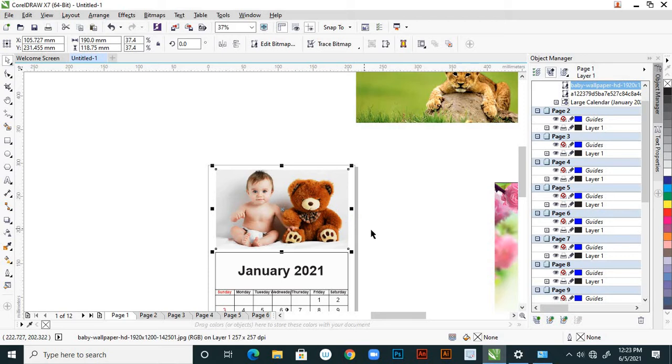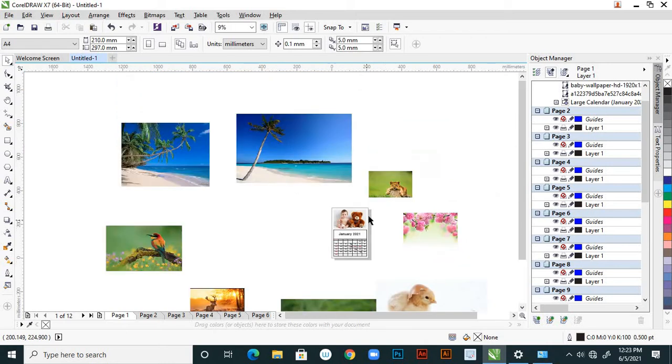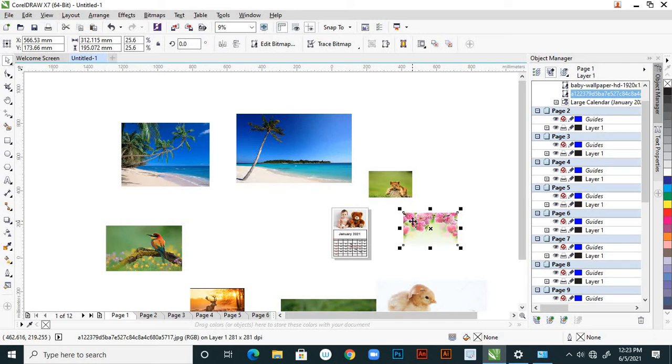So this is my image. This is good. And then for the second page I want to use this one, so Control X, cut